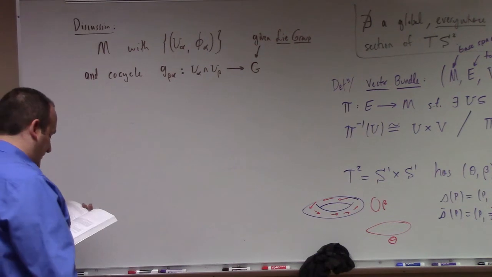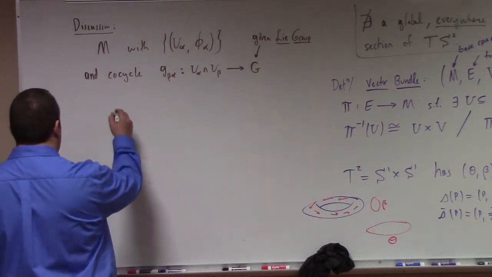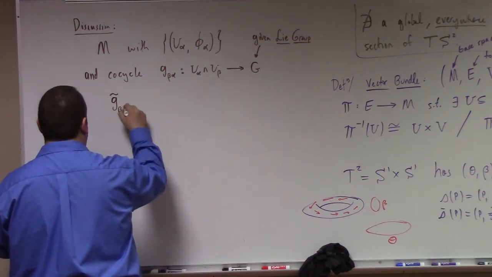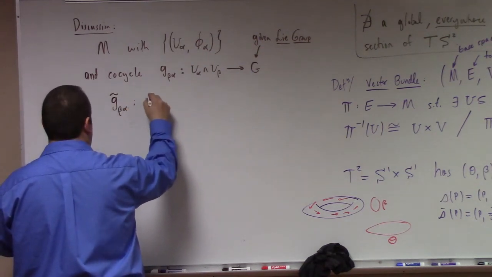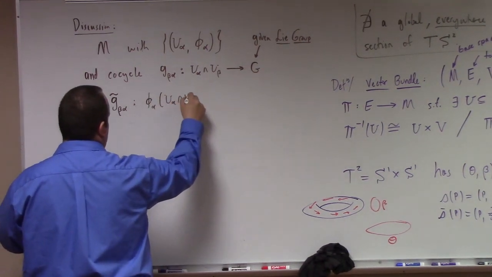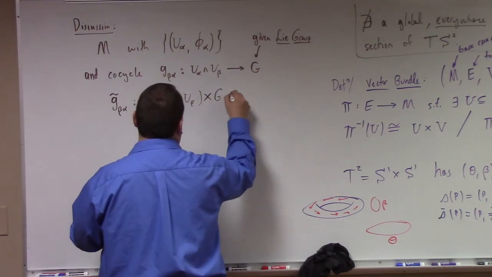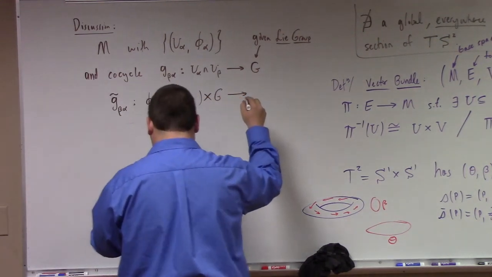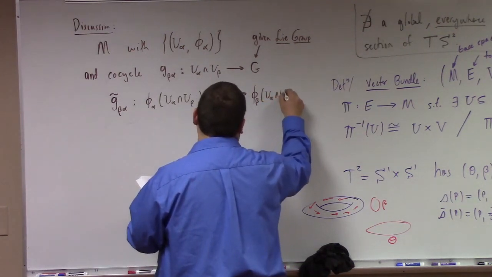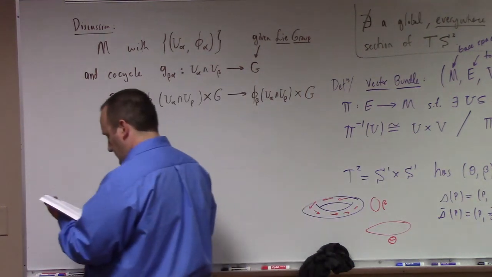But this is not a group action unless G is equal to E. So we now define smooth functions G tilde beta alpha, mapping from the image of phi alpha of the intersection of U alpha with U beta, Cartesian product with G, to phi beta of U alpha intersect U beta, Cartesian product with G, by